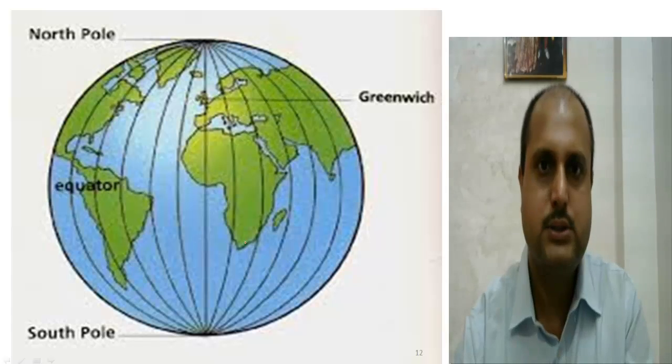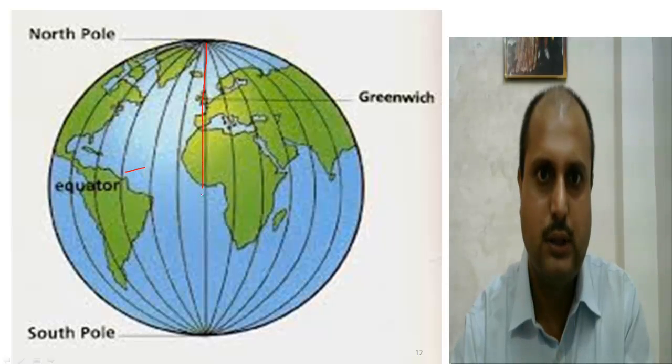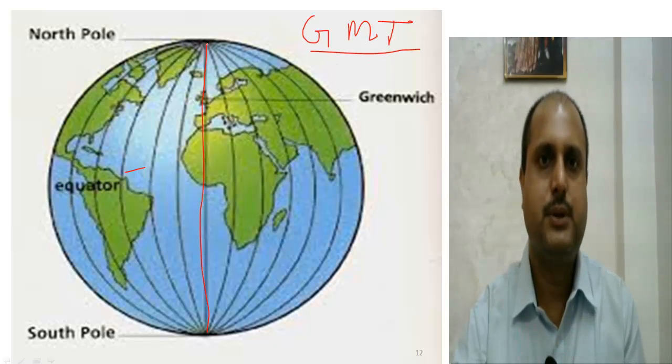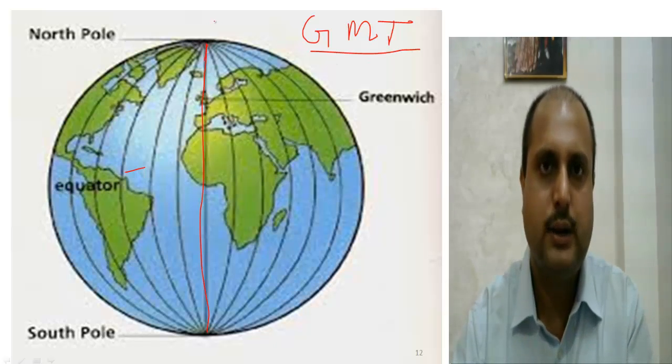If we try to understand the longitude, this is the GMT. This is also called the London Greenwich time, or Greenwich Mean Time. So GMT is located at the 0 degree longitude, and there are a total of